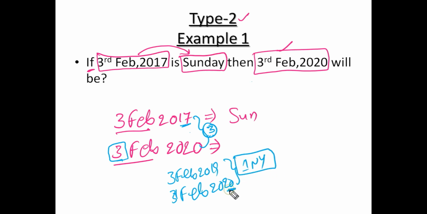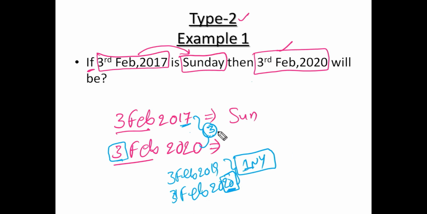Simply remember one point: don't decide based on the year number. If a duration is given, don't decide a leap year based on the year number. You have to decide based on the duration, the gap. If Feb 29th is there in that duration, consider it a leap year. If Feb 29th is not available in the duration, consider it a normal year.